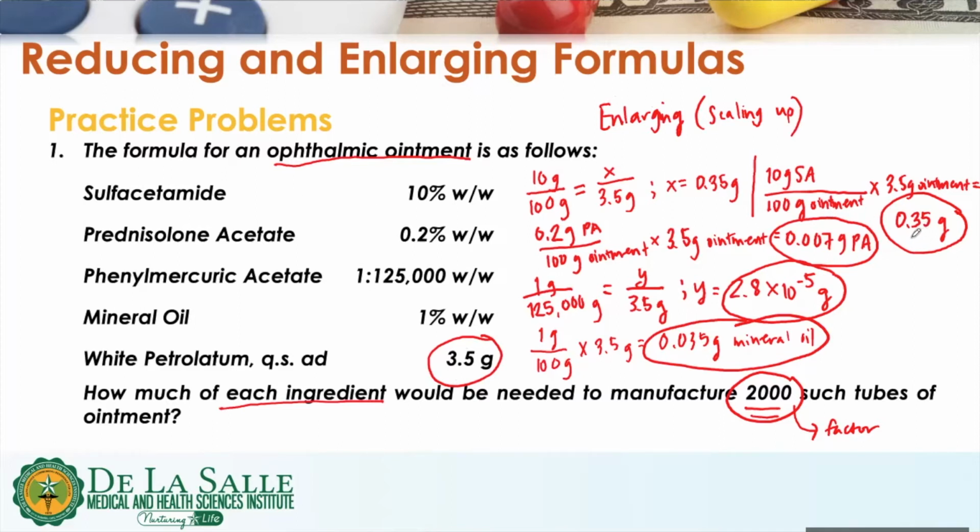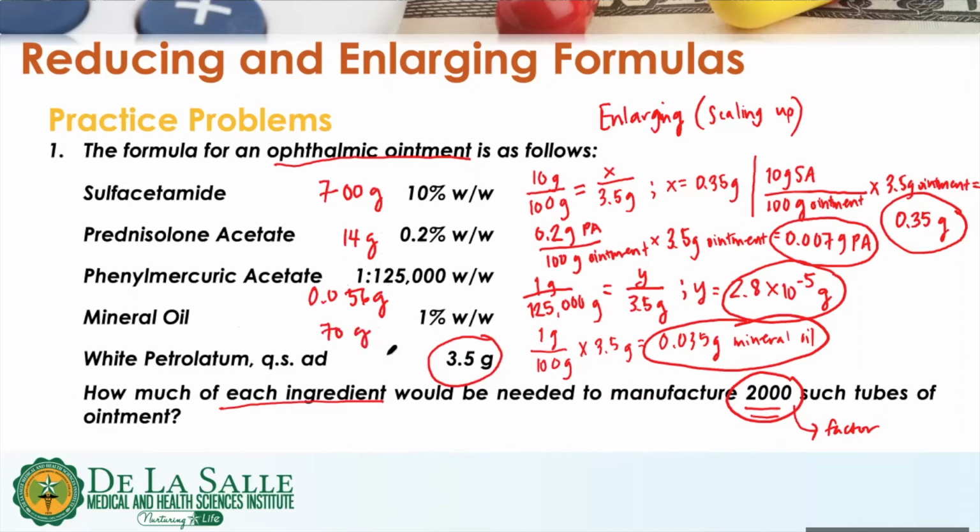multiply 0.35 gram by 2,000, and that is equal to 700 grams. 0.007 gram of prednisolone acetate times 2000 will be equal to 14 grams. 2.8 times 10 to the negative 5 gram times 2000 is equal to 0.056 gram of phenylmercuric acetate, and 0.035 gram of mineral oil times 2000 will be equal to